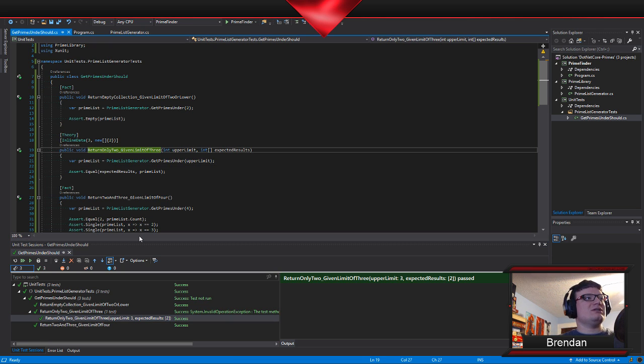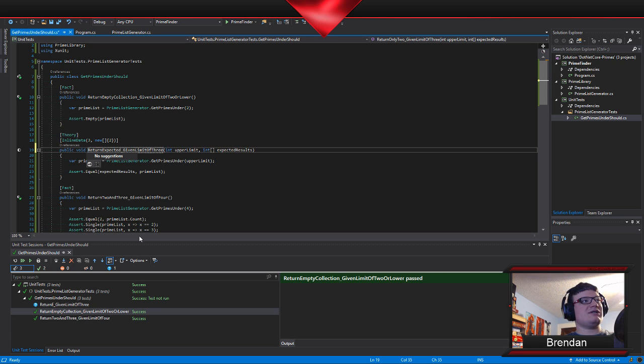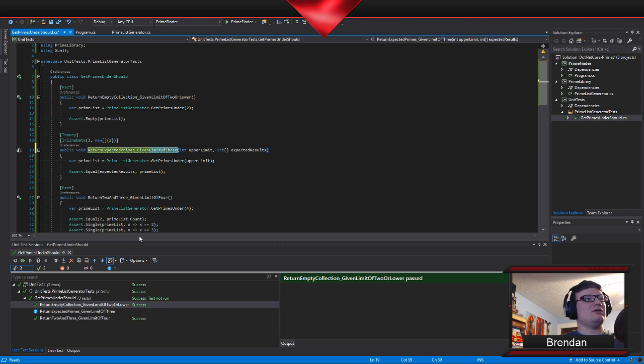So return expected primes given, how about, for limit, specified limit?